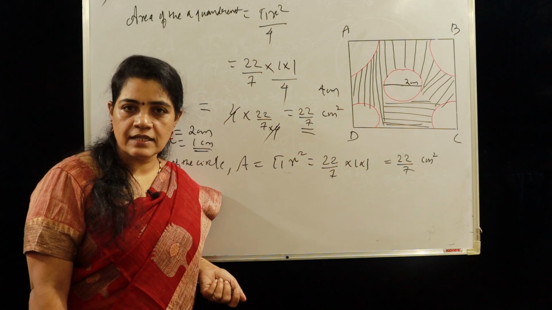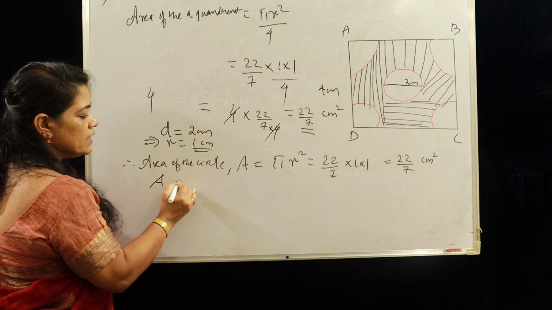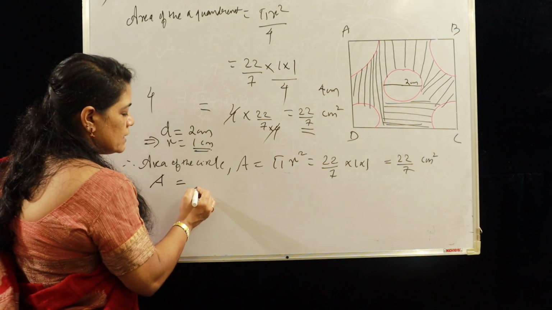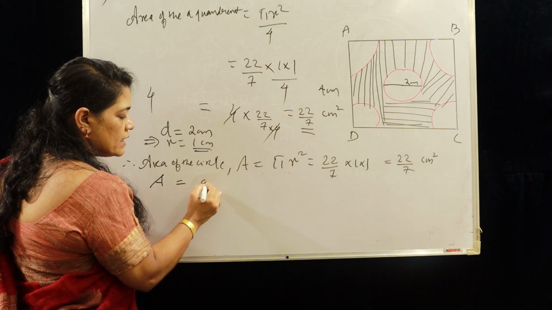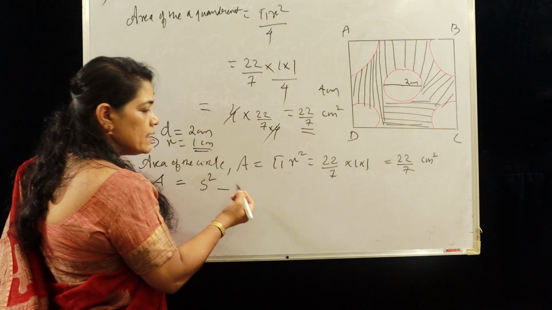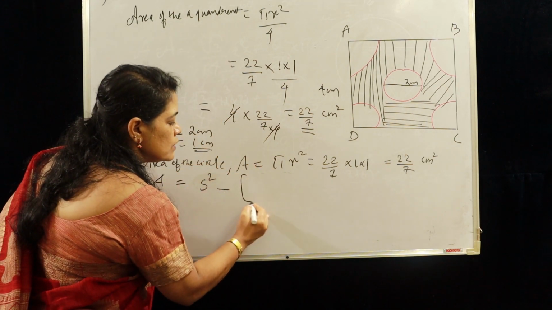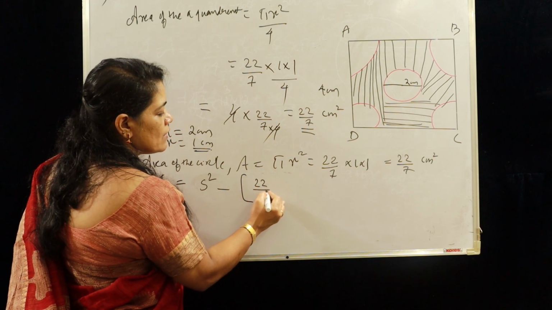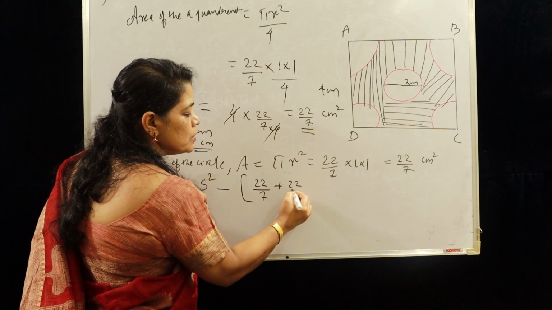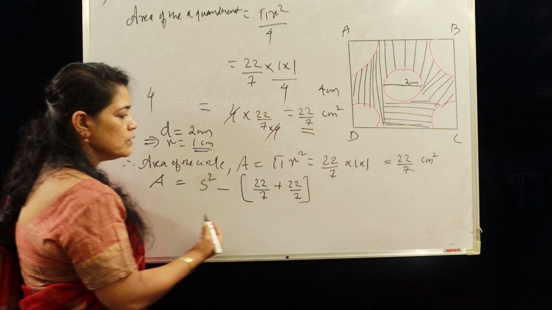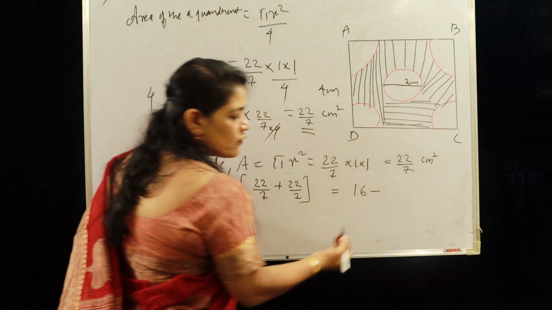Okay, and what is the final step? Area of the required region. The area of the shaded region is equal to the area of the square. Area of the square can be written as side into side, that is s square, minus from this square area you have to subtract the sum of the areas. So the sum of 22 by 7, this is the area of 4 quadrants, plus the area of that small circle, also 22 by 7. So this is equal to, side is given as 4, that is 16, minus 4 square is 16,